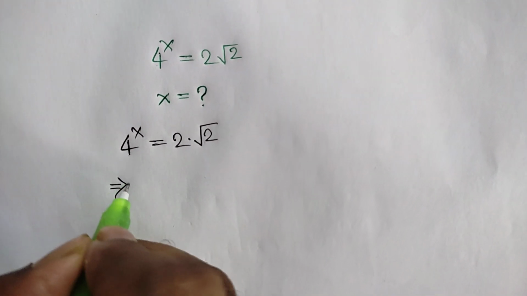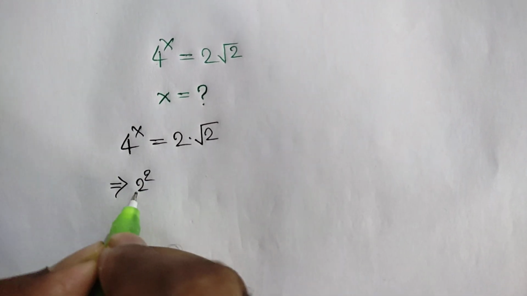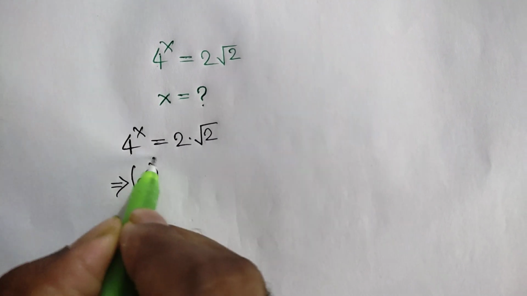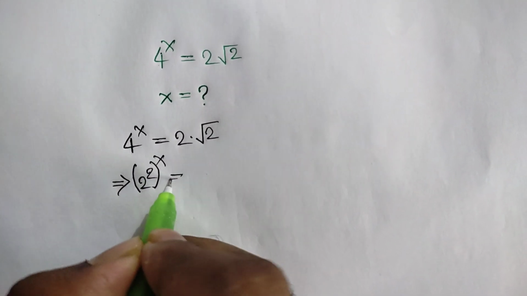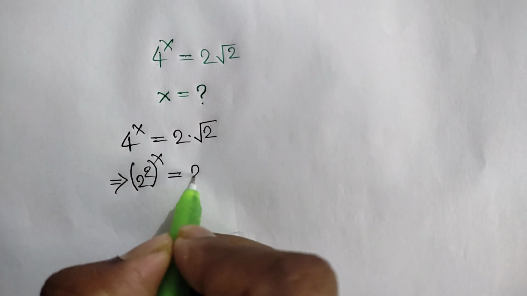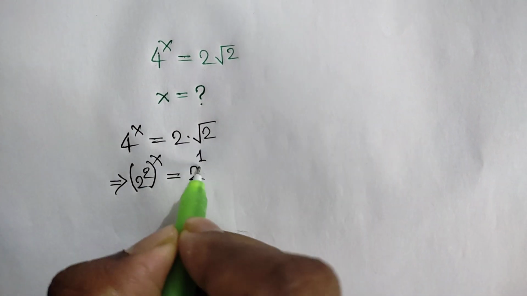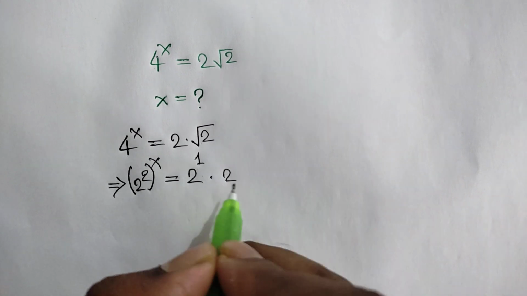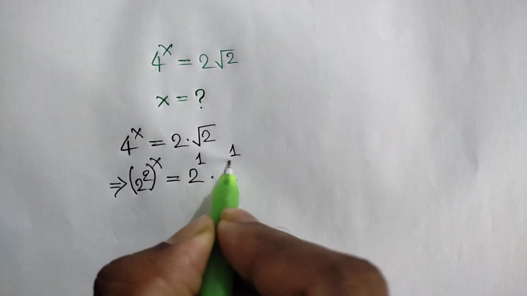or here we can write 2 squared, because 2 squared is the same as 4, whole to the power x is equal to, here we can write 2 to the power 1, because 2 to the power 1 is the same as 2, times, here we can write 2 to the power half,